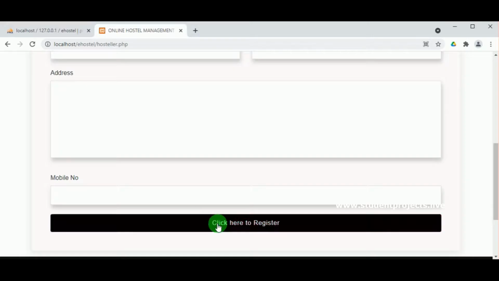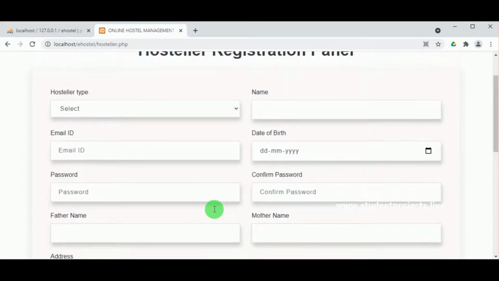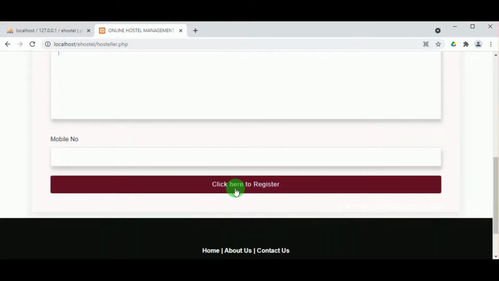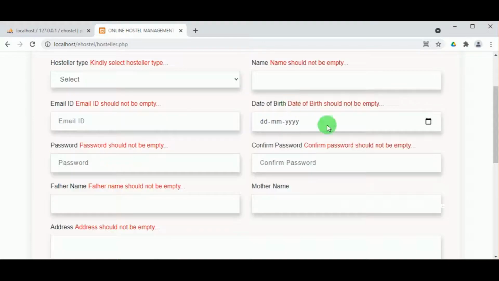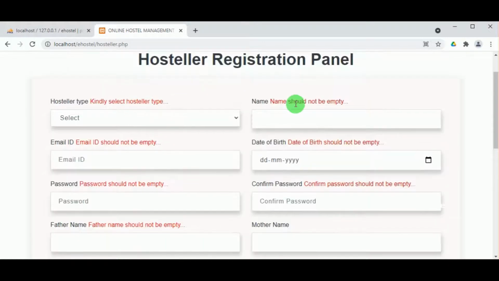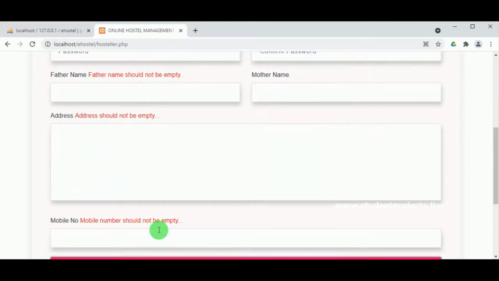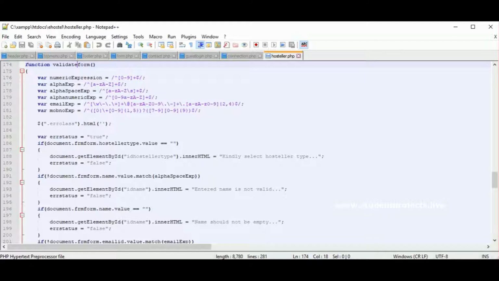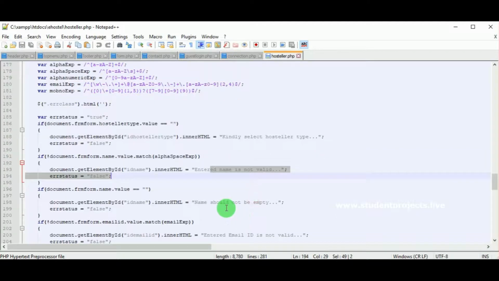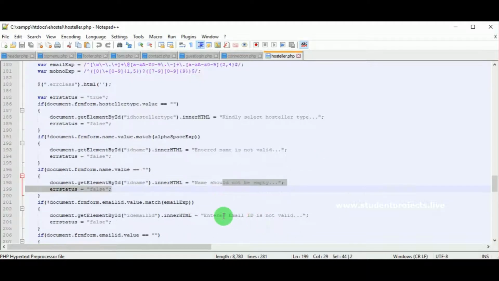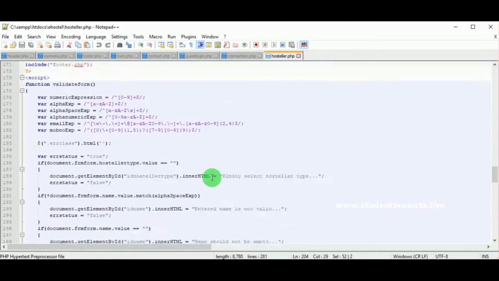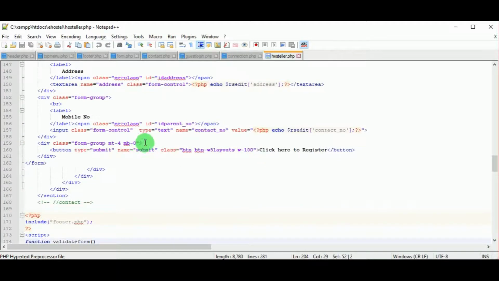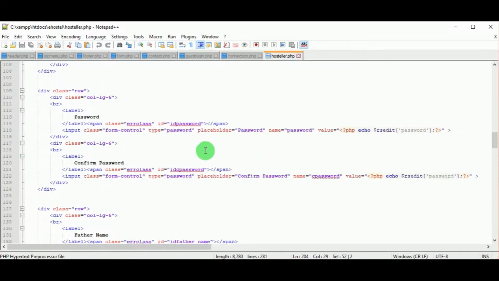So you can see if you click on the empty form, now you can see the form is empty, there is no data. If you click on the empty form, you can see there are different validations available. So it will not allow you to proceed, or it will not allow you to make the registration of the empty form. So for this purpose, validation form function is used. So it will have different warnings present here. So we will know about it clearly in the next video.